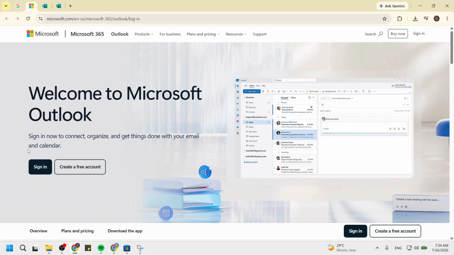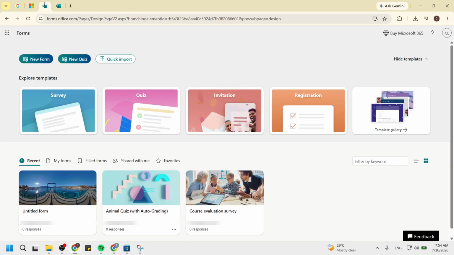Now locate and open your form or quiz in Microsoft Forms. You should see a list of forms you have created or have access to. Clicking on the right form will bring it up for editing. This is where you can begin to make your adjustments. Ensure that you select the correct form, as this step is crucial for making the desired changes. Once your form is open, you can start customizing it to fit your needs.